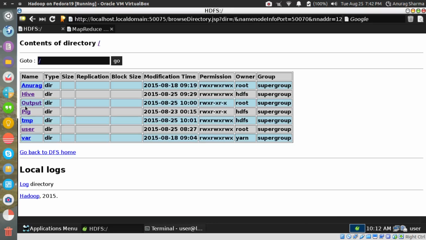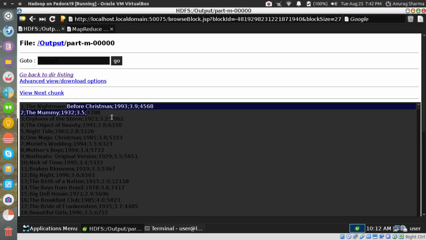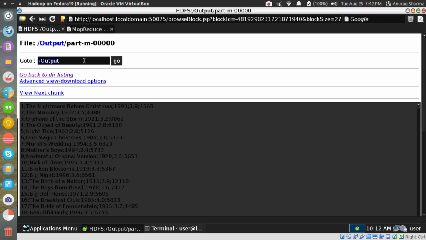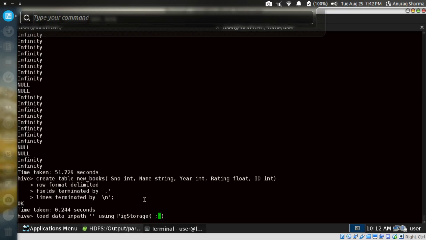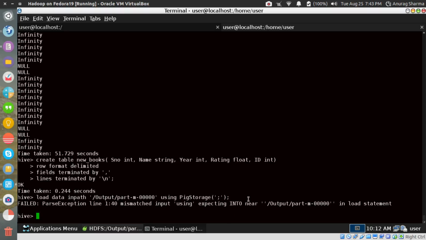So the file that we have is inside output part m, and the delimiter, because I asked it to insert a semicolon, it did insert a semicolon. And this is the file that I am looking at. So it's a semicolon and the file name is this. Load data in path using Pig storage.